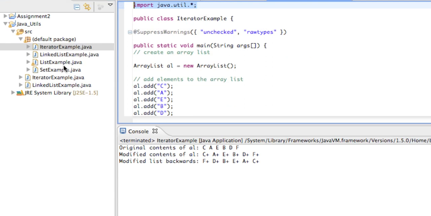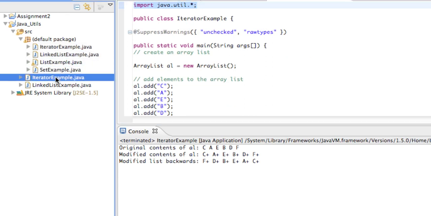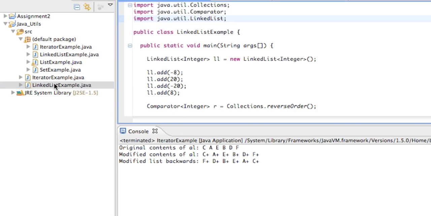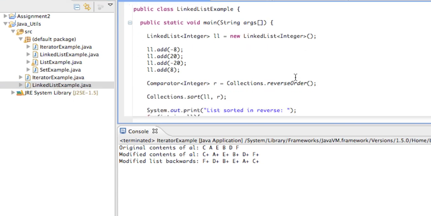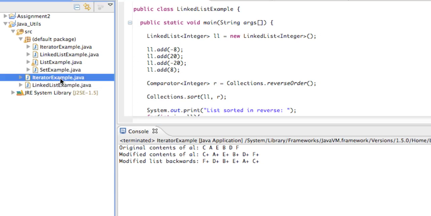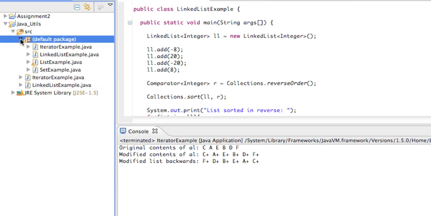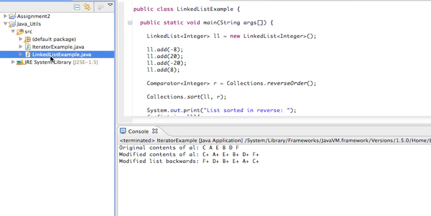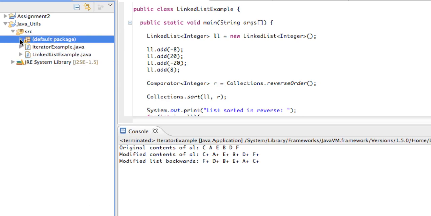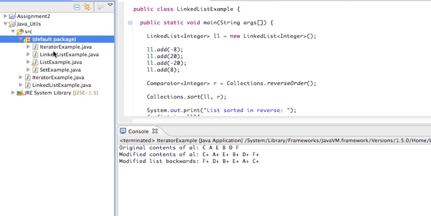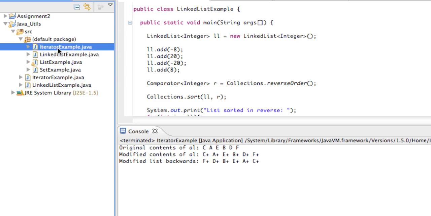So I believe I've actually covered all of the list examples that I had put together. I believe these are just copies. It is possible that when I loaded them in, I loaded them in twice, which definitely looks like the case, or I put them in a different package or something, because that looks like it's in the default package and these aren't. So, in any case, that is my spiel on collections, iterators, linked lists, array lists, and all the built-in